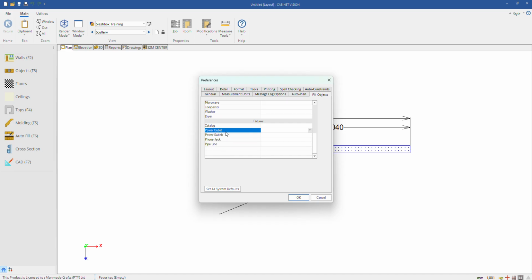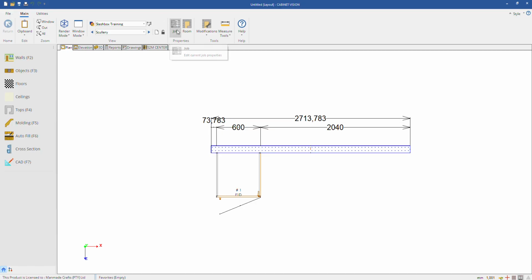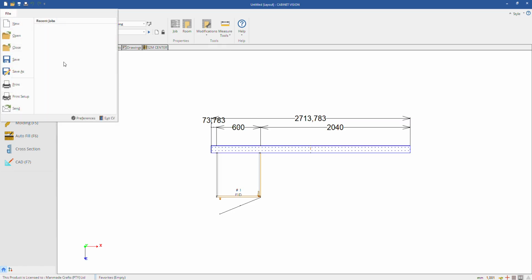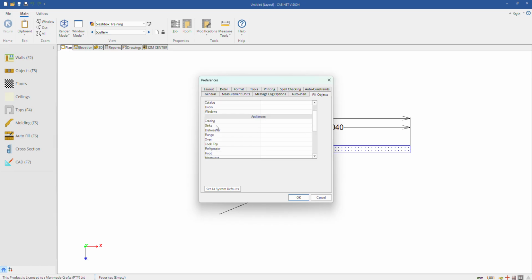You need to go and redefine and redesign your entire library, because right as of now, all of our design appliances and furnishings are in one catalog, so it's easier to access, find, drag, and drop. If you want to go and use the autofill option, you need to go and design a catalog just for sinks, just for dishwashers, just for ranges, just for ovens, just for cooktops, just for refrigerators, for hoods, microwaves, compactors,